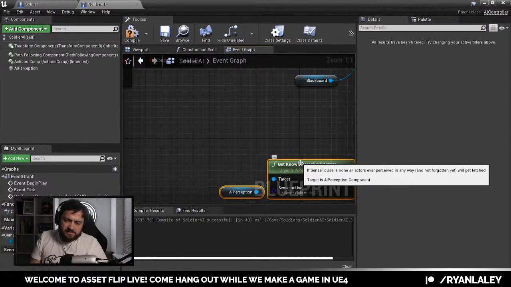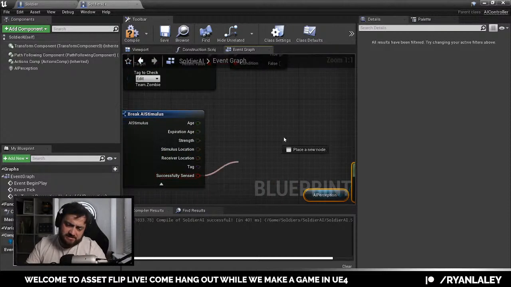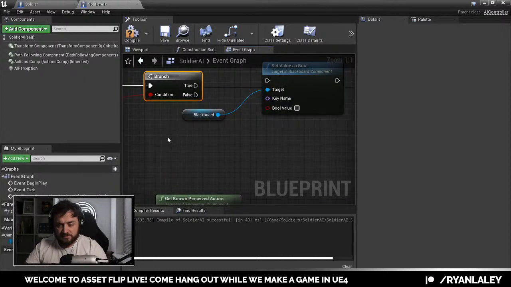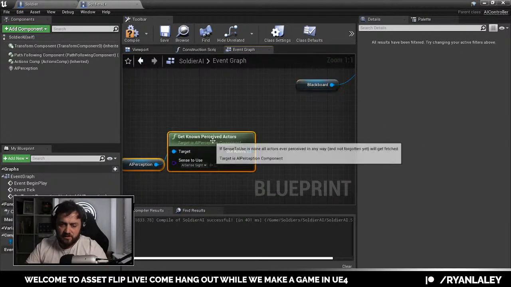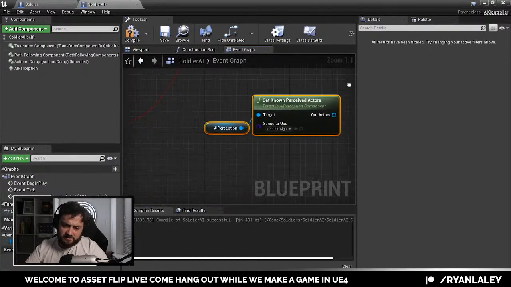So I guess I'm more interested in knowing when he has lost sight of something, not whether he's seen something. So if I take successfully sensed here and put this into a branch, and put that up here. So if he has not seen something, or lost sight of something, I want to check to see if there's any perceived actors left. The problem with this one is it will return all the perceived actors, not just zombies. It will return soldiers, anything else it has to see, and so forth. So, how the hell...